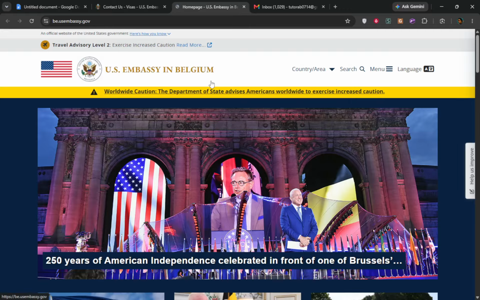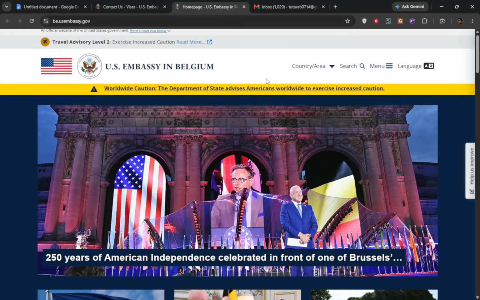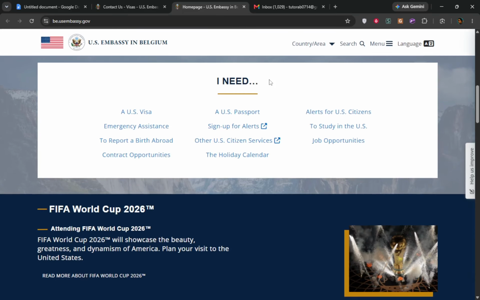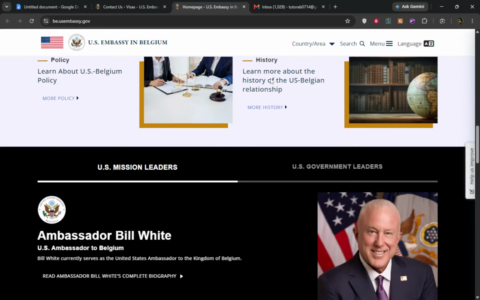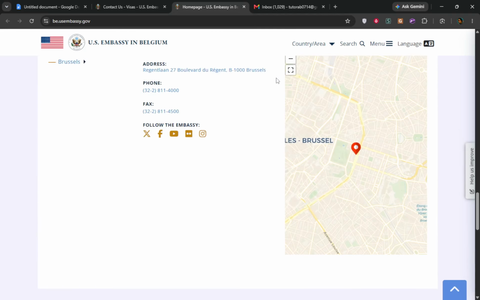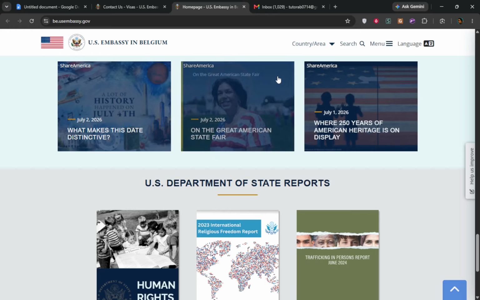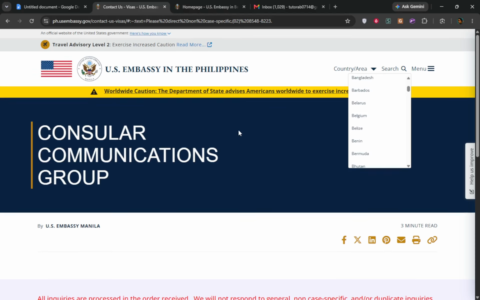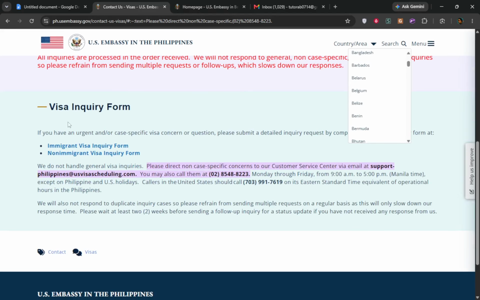to your specific needs. Once that is done, sign into your visa scheduling account if you have one. If you don't have an account yet, you may need to create one, as having an account can provide you with additional options for support. When you sign in, you might notice a dashboard that gives you access to your visa application status and other pertinent information. This is essential because it allows you to manage your application and ensures that your inquiries are tied